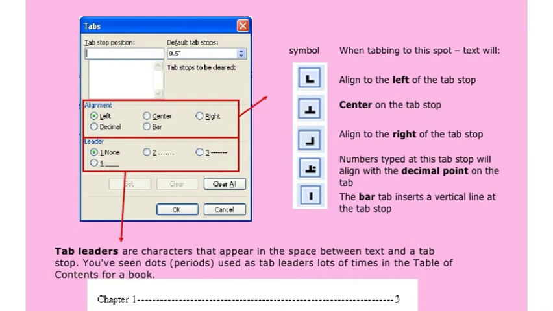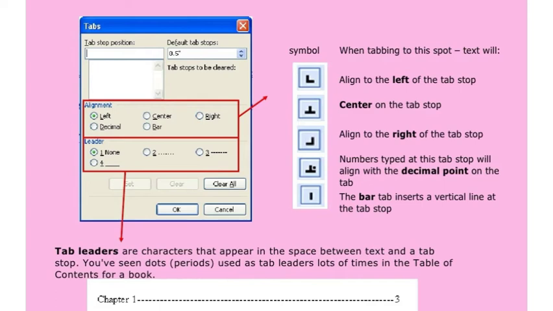Third one is aligned to the right of the tab stop. Fourth one, number type at the tab stop will align with the decimal point on the tab. And the last one is the bar tab, insert a vertical line at the tab stop.